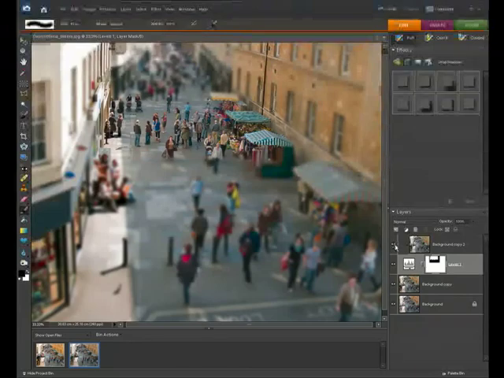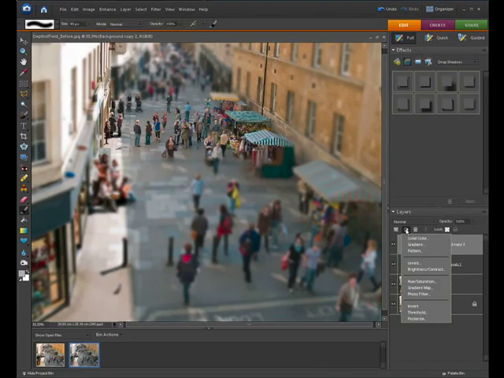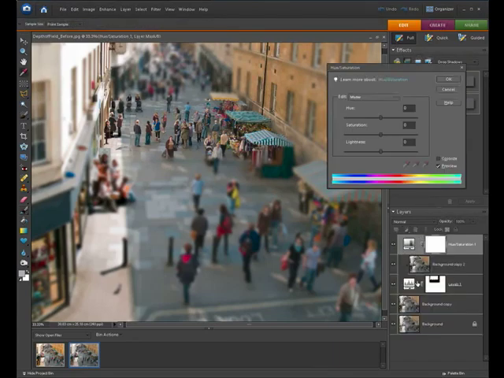So with the adjustments made to the layer mask and the blurring, all we now need to do is boost the colour and saturation, and we'll also give it another tweak of levels just to sort out a few colours and the highlights and shadows. So if we make sure we've clicked onto the background copy layer, the top layer, go up to your adjustment layers, down to hue saturation. I'm just going to boost the saturation up by 30, and that instantly gives it that very colourful Toy Town look. Click OK,